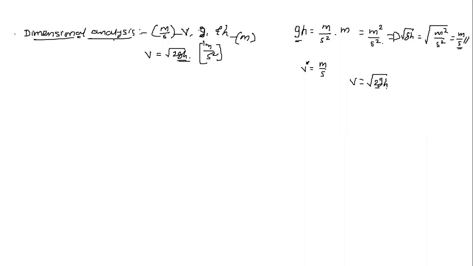For checking the dimensional homogeneity of equations, whenever we are deriving any new equation, we need to check whether the dimension or unit of the quantities on the left hand side of the equality and the combination of the units of the physical quantities on the right hand side of the equality are the same or not. And for any physical relationship, here we have considered F is equal to root 2gh.